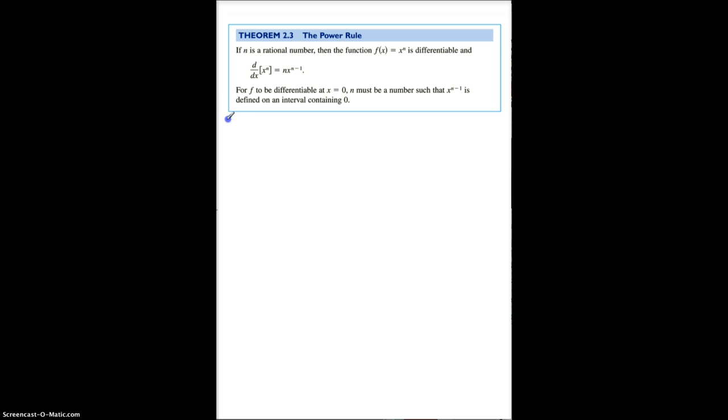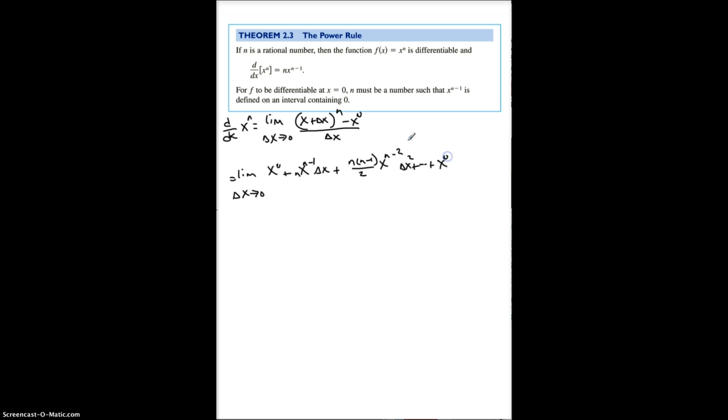Let's look at d/dx of x to the n, which is the limit. Let's use the delta x formula now. The limit as delta x goes to 0 of (x plus delta x) to the n minus x to the n, divided by delta x. Now, if we expand this, we get a mess. I know that, but that's okay. It becomes x to the n plus n x to the n minus 1 times delta x plus n(n minus 1) divided by 2 times x to the n minus 2 times delta x squared plus, and we could continue,